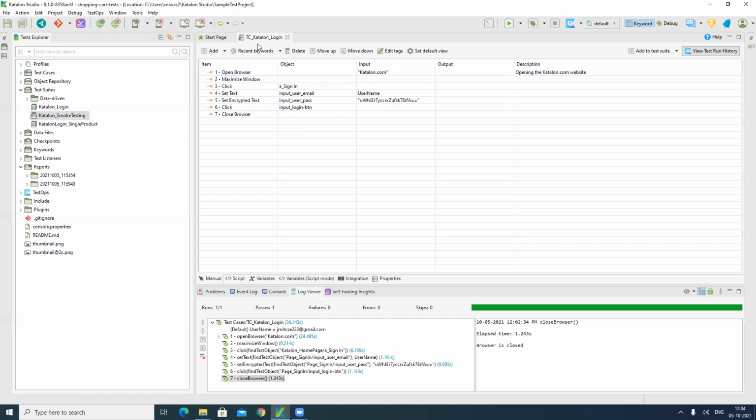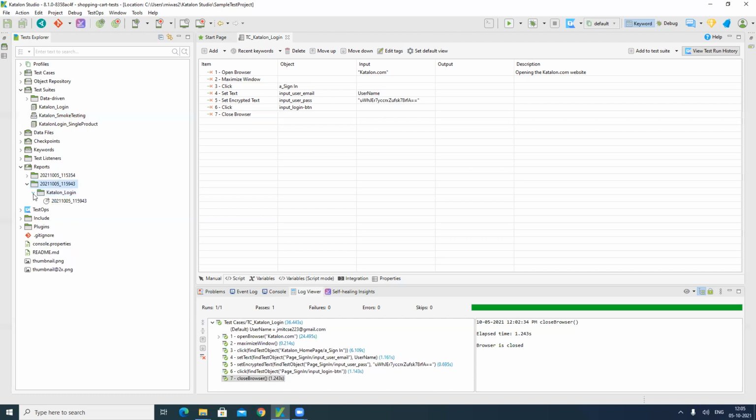But when you are executing only a single test case, you will not be able to get the test report as an HTML file that you can send to your management. So in that case, you have to create a test suite. Once you execute the test suite, you will get your HTML report as well. Basically, there are different formats of the report that we can create in Katalon Studio, which I will explain in my next video as well.